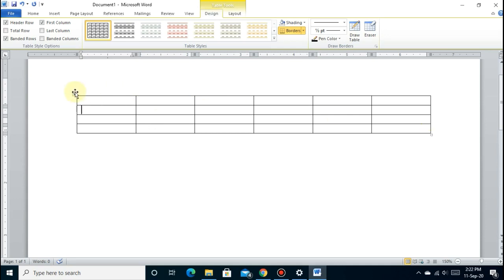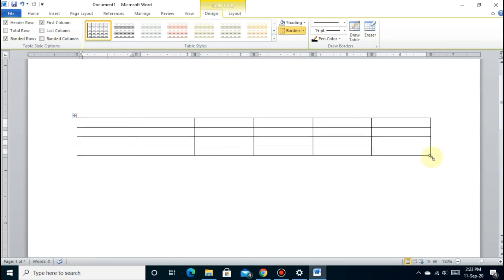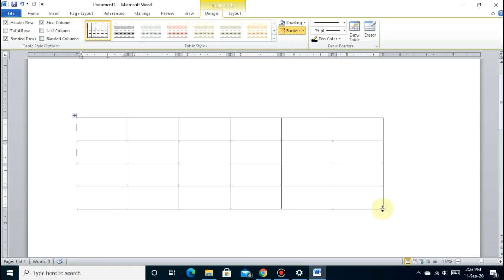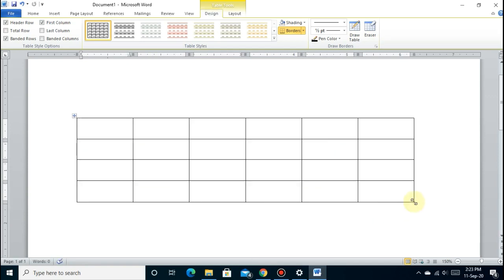So table move handle is used to move a table, and table resize handle is used to resize the size of a table.